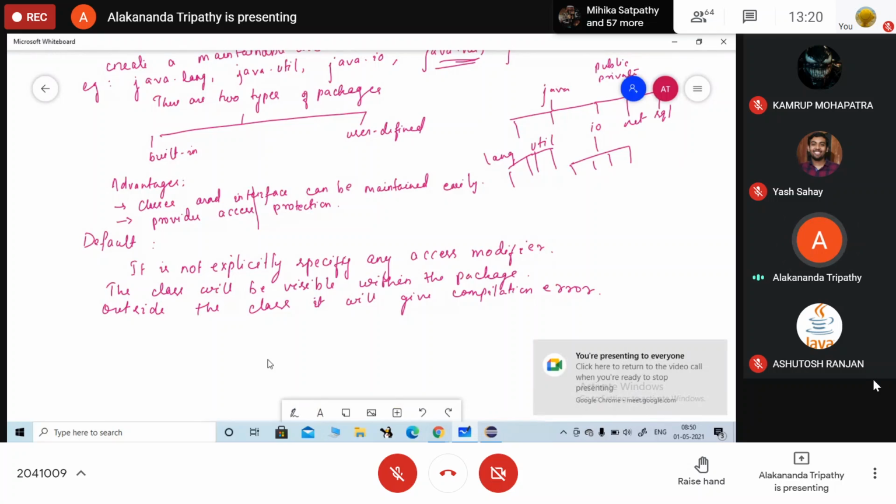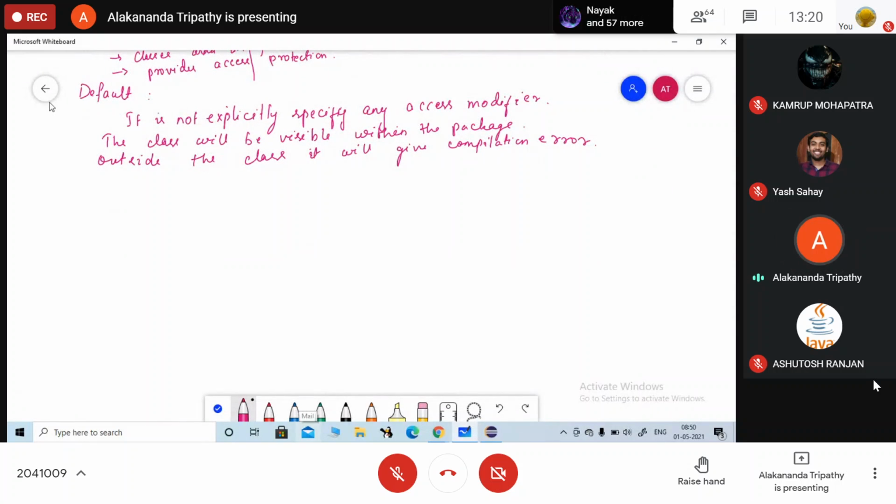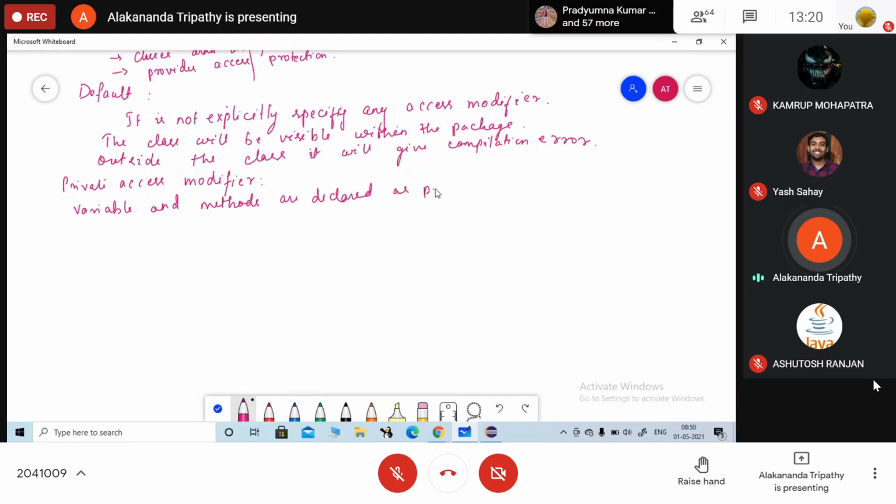Variables and methods declared as private cannot be accessed outside of the class. So if a variable or method is declared private, where can it not be accessed? Outside the class.